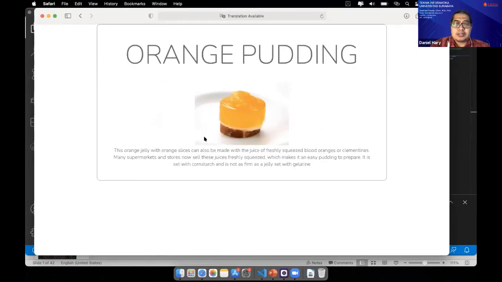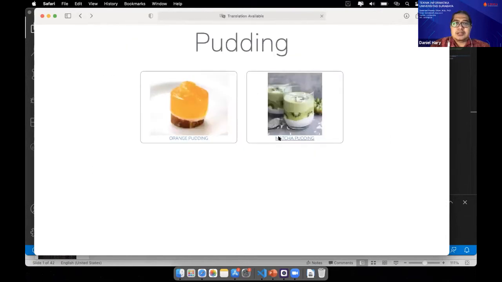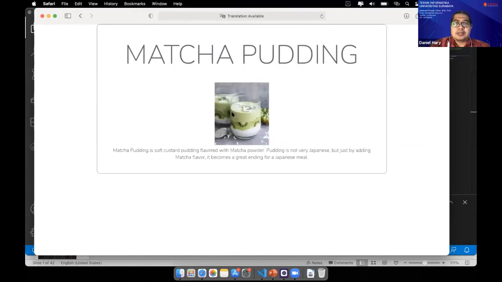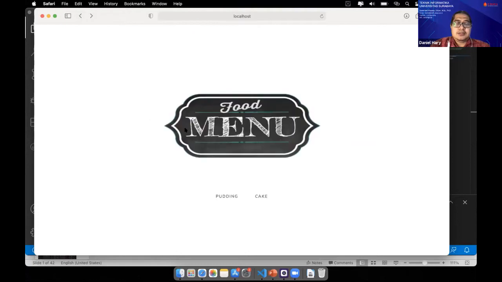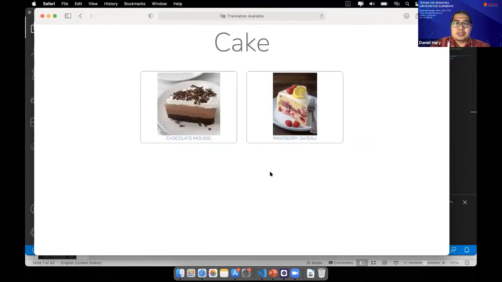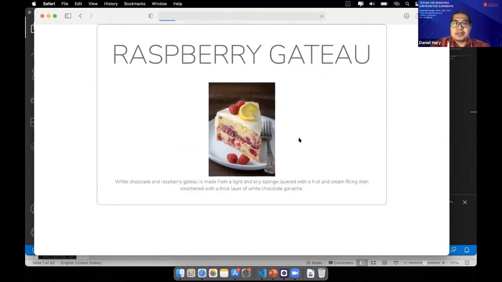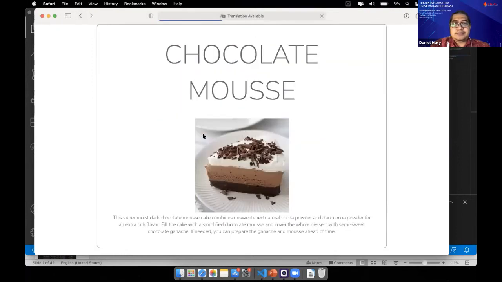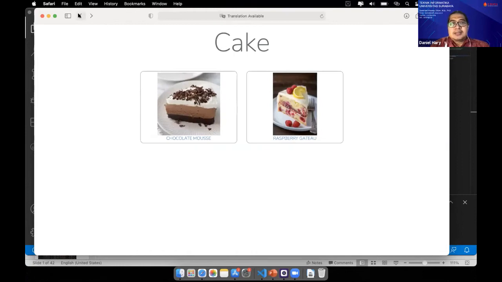This is the product with the same page. We can create a different behavior of this page depending on our parameters. Okay, this is our progress for last week.